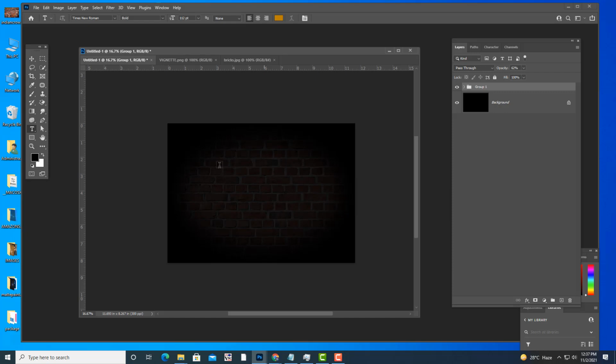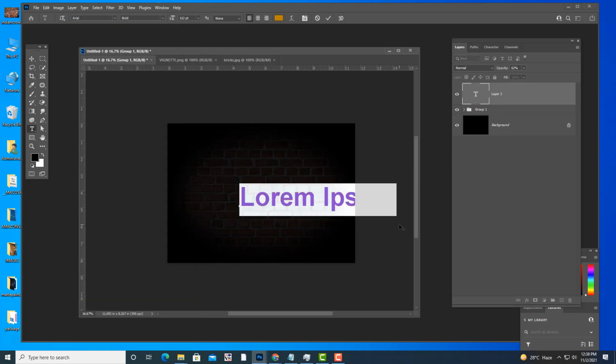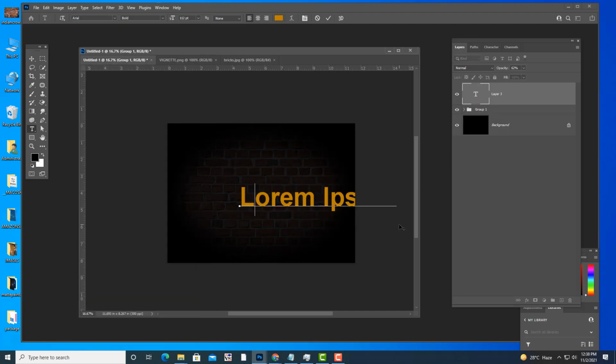For example, if I start with Arial, Arial has a lot of sharp edges. So we may not get a perfect output with sharp edges.